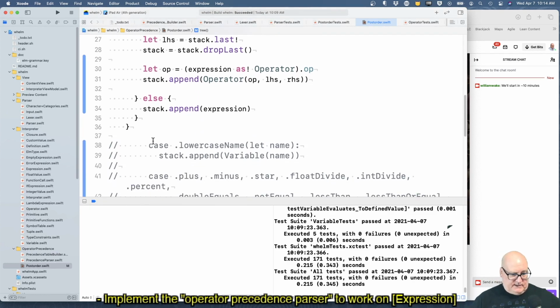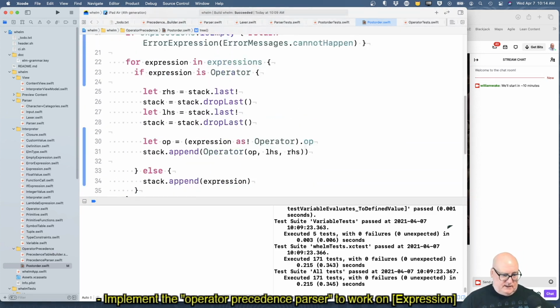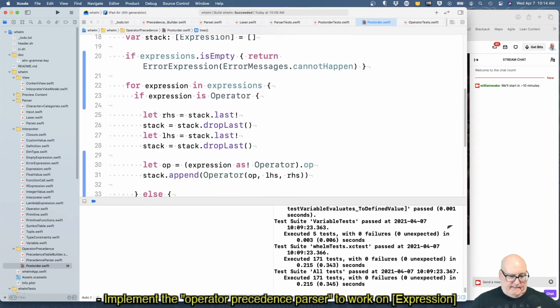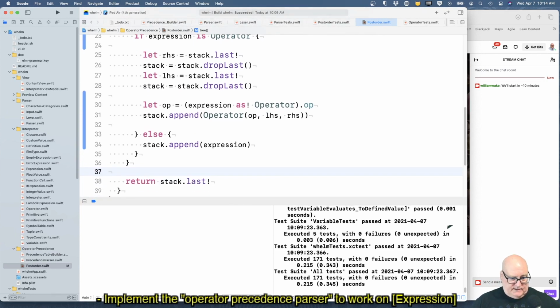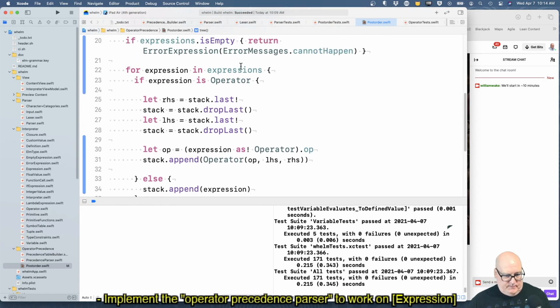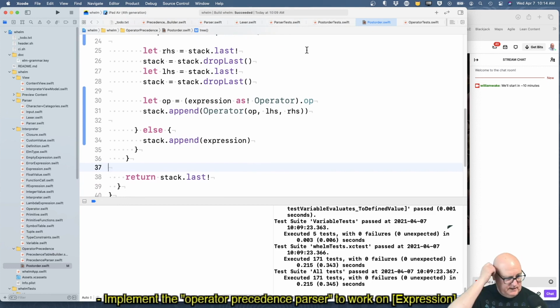So I think that's okay, and that can go. It's simpler in some ways. There's less that can go wrong in a sense.